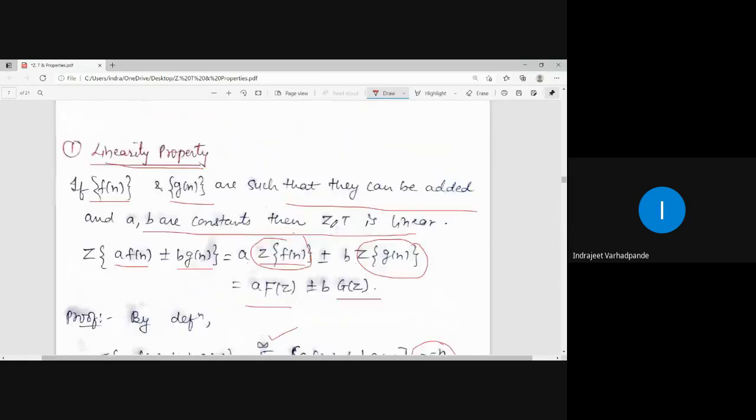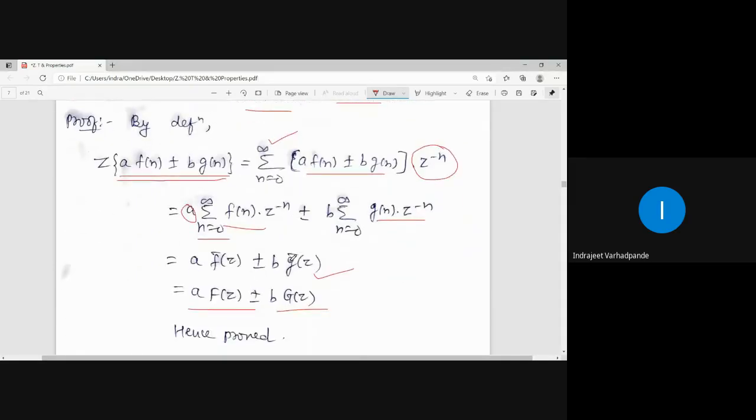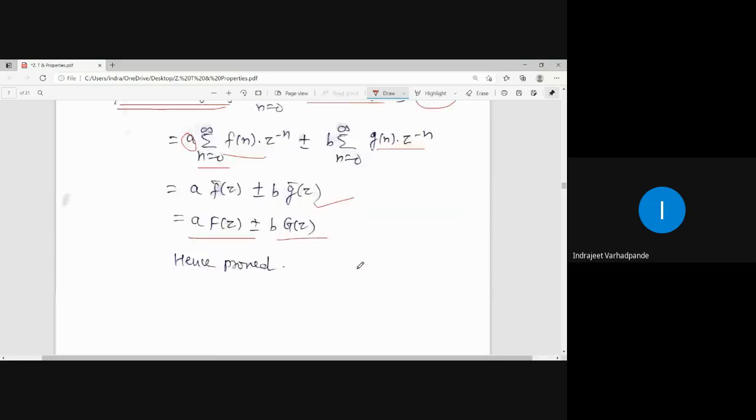So this is the first property, the linearity property, in which we are distributing the Z transform operator over f of n and g of n, where it is plus or minus in between. Either it is plus or it is minus, we can easily distribute the Z transform operator and get the answer. The linearity property will help us to solve the examples wherein they are connected with certain constant quantities and we have to simplify them appropriately, right?